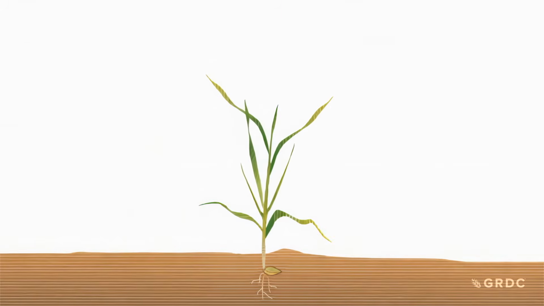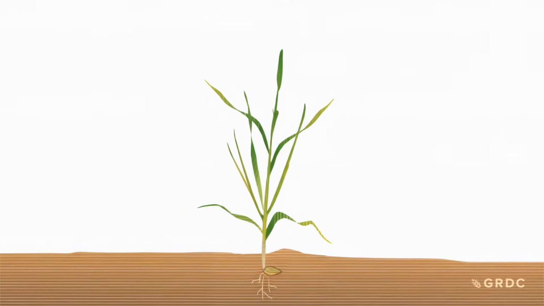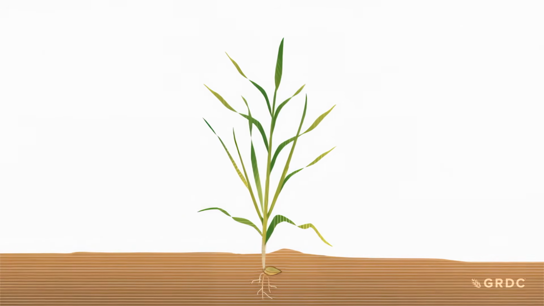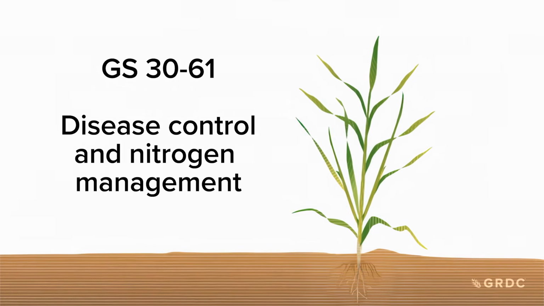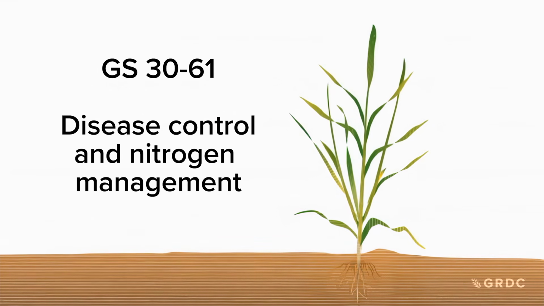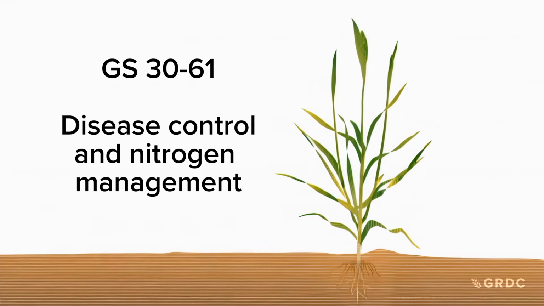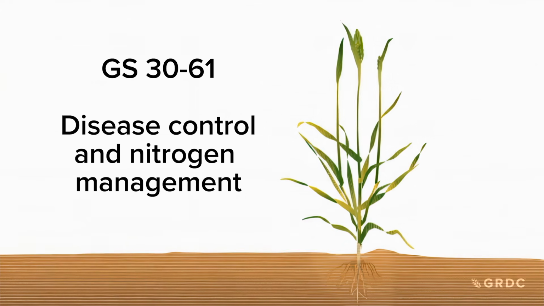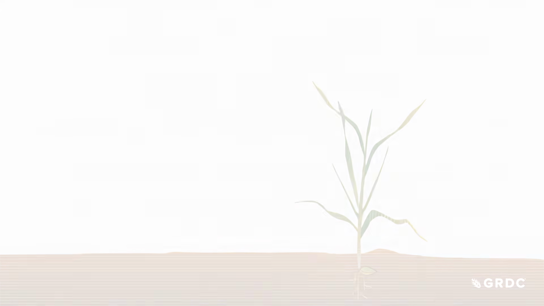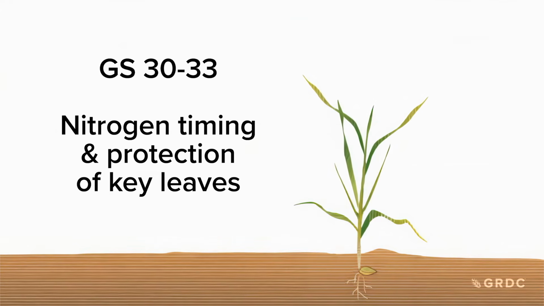The principal Zadoks growth stages in relation to disease control and nitrogen management are those from the start of stem elongation through to early flowering. That's GS30 to GS61. Early stem elongation, GS30 to GS33, is the period important for both nitrogen timing and protection